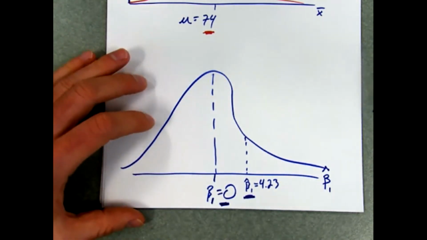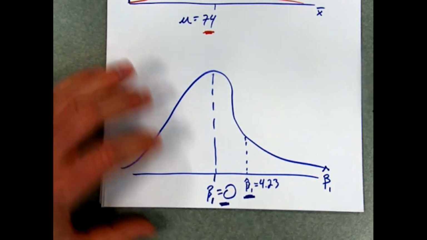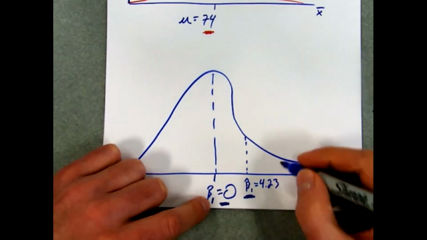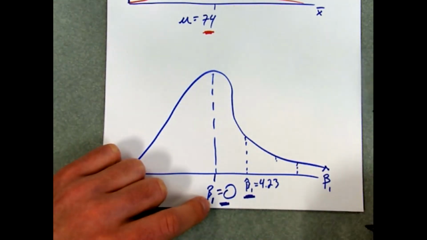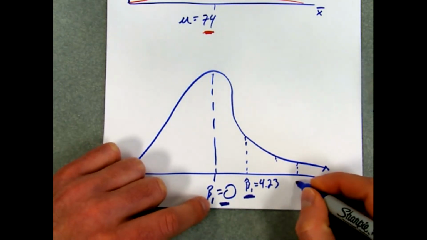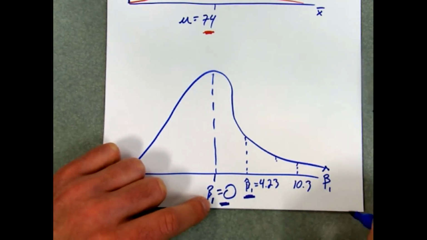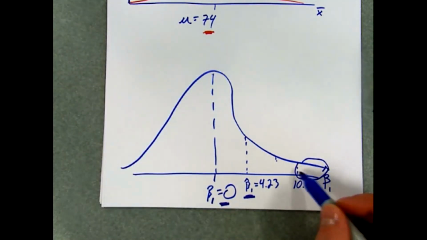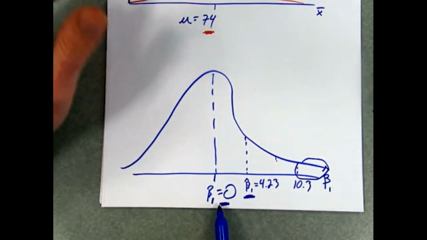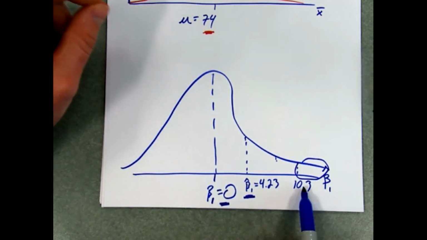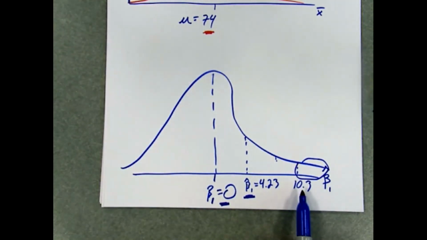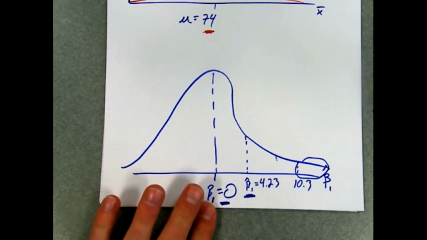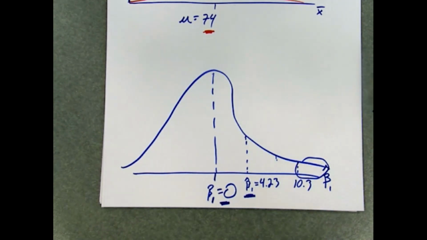Well, we know things about the distribution of sample statistics. And if, in fact, the true relationship was 0, there's going to be a certain point at which it becomes so unlikely that we see, let's say, a value of 10.3, that we're okay saying, look, I saw something way out here. The probability of seeing that value, if in fact the true relationship was 0, is so unlikely from my sample that I see this 10.3 as my estimate that I'm okay saying the relationship can't be 0. It's probably more likely